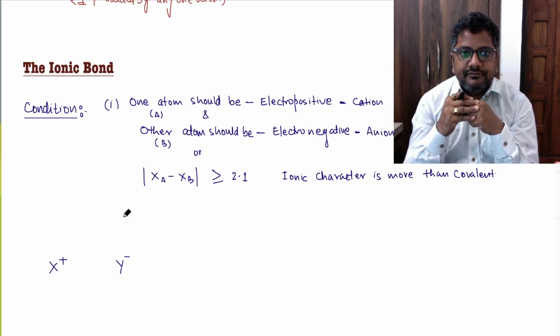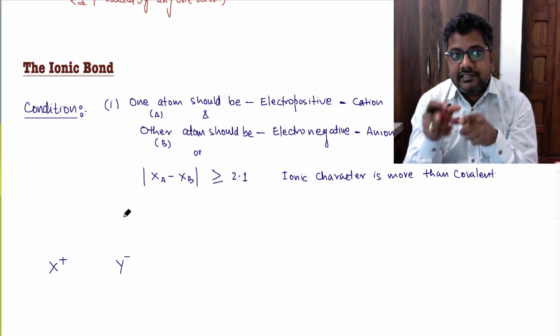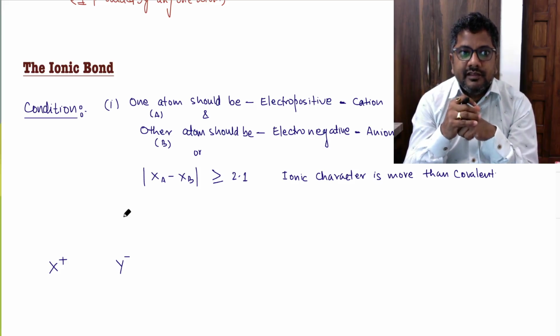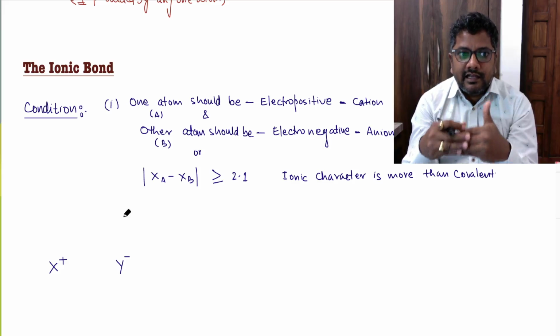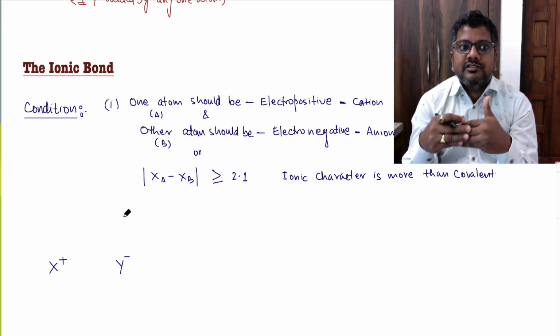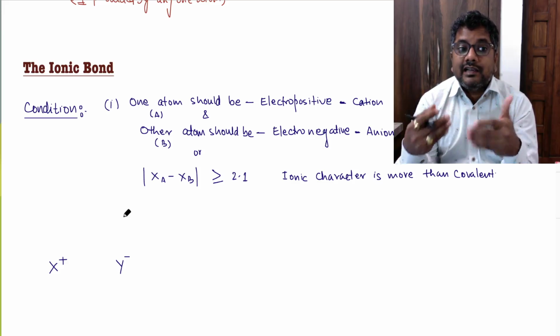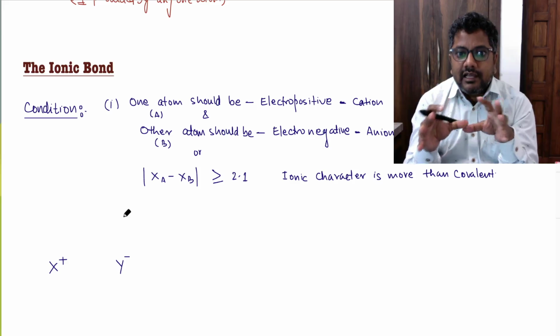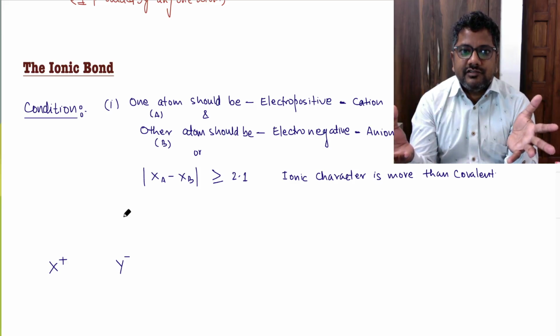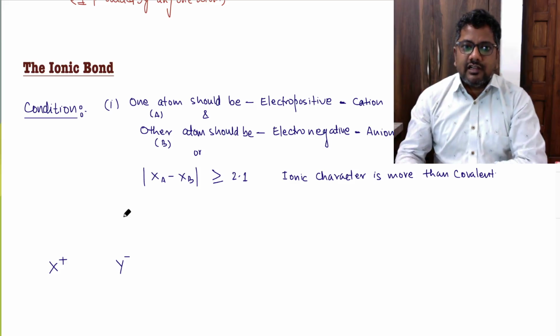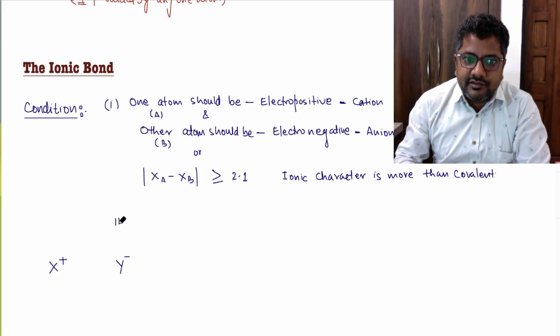It depends. It may or may not be ionic. It depends on the relative size of X plus and Y minus. If there is a large difference in the size of cation and anion, the bond becomes covalent, meaning covalent character dominates. And if the size is comparable, then ionic character dominates. So the second condition of ionic bonding is